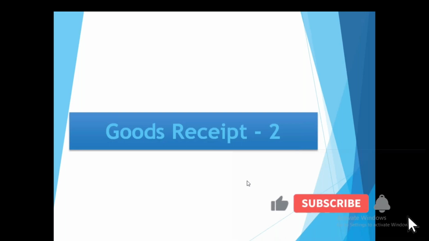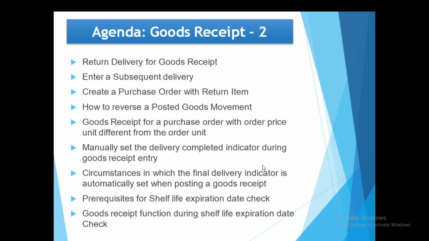So we are starting our next topic, that is goods receipt part 2. The topics that we are going to cover in goods receipt part 2: we will see return delivery to goods receipt, then entering a subsequent delivery, how to create a purchase order with return item, how to reverse a posted goods movement, goods receipt for a purchase order with order price unit different